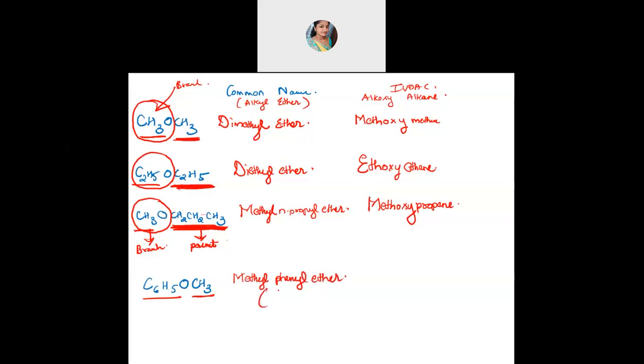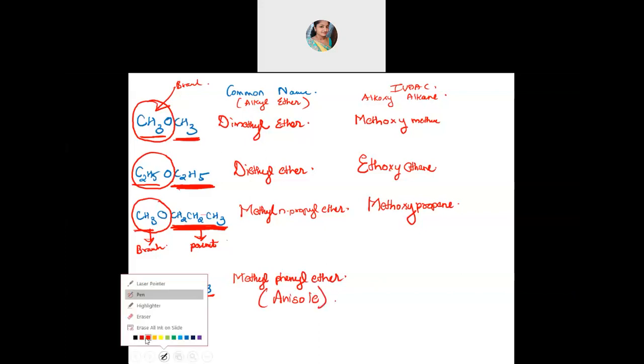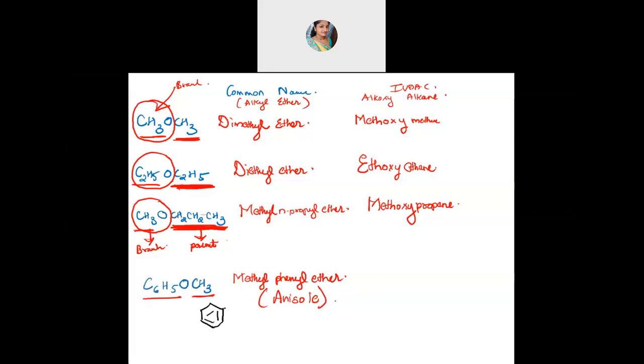Commonly they are called anisole. Anisole is a common name which is even accepted by IUPAC. This is how the structure will be. C6H5 is having a benzene ring, having one oxygen and then CH3 like this. This is anisole. The common name itself is accepted as IUPAC name, like how we name phenol, aniline and toluene. This O can be even up also. So even here you can write the IUPAC name as anisole.